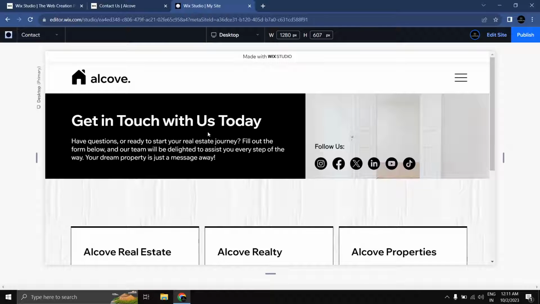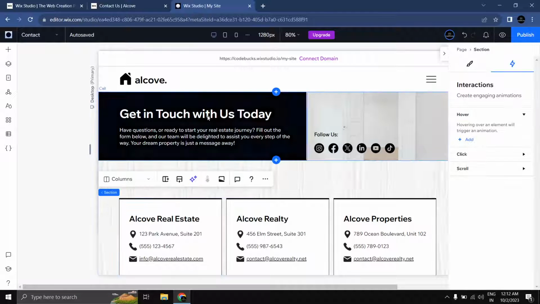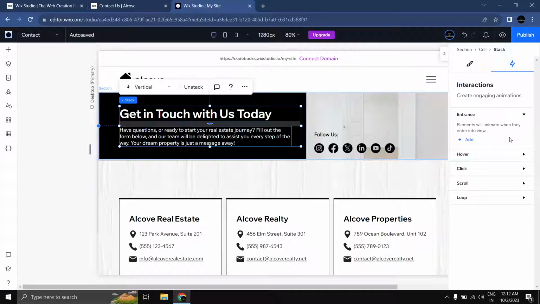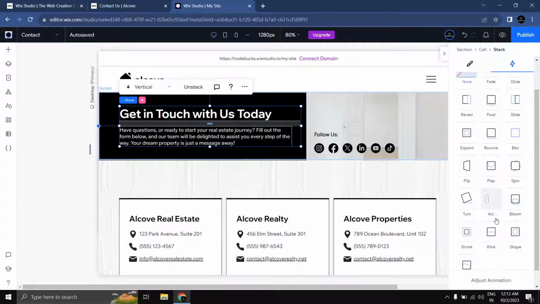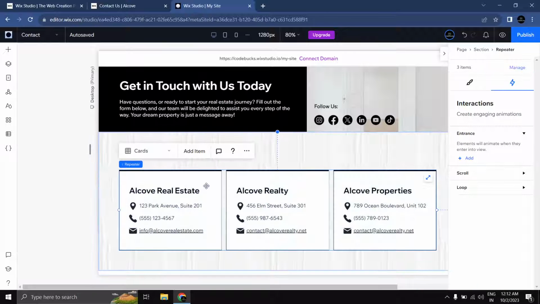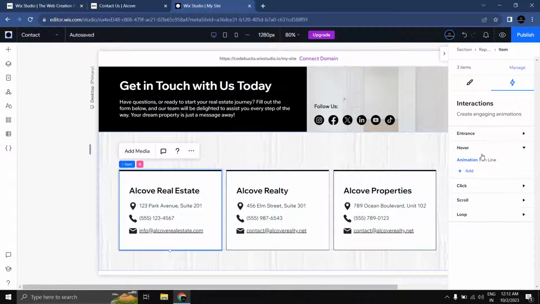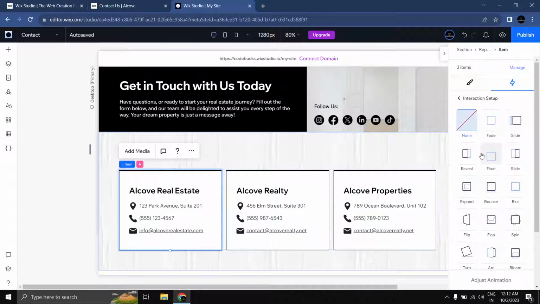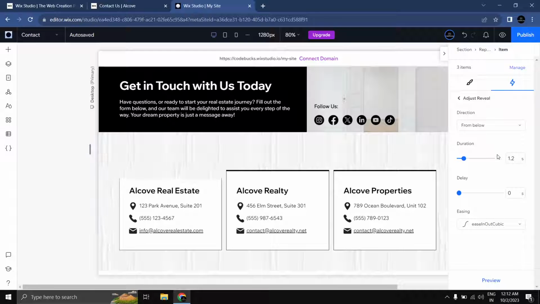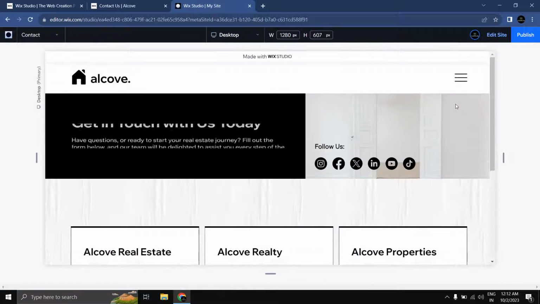Now let's add a little bit of animation for this. Click on this text element, on entrance, let's use wink, and for these items let's add reveal animation from the top. Let's preview this